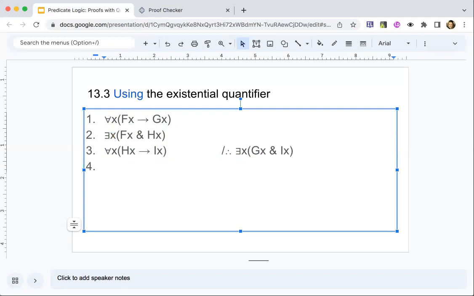So let's do it the way the book does. Okay, so we've got Ex, Fx, and Hx. We're going to remove the existential and then just let P be an object that makes it so that this is true. Whichever object that is, I don't know. And let's justify it too, and instead of writing out existential instantiation, I'm just going to use the proof checker's shorthand. Okay, now what? Now I can take it apart. Obviously, that's something I could do. FP, anytime you have a conjunction, you could take it apart. So for simp,